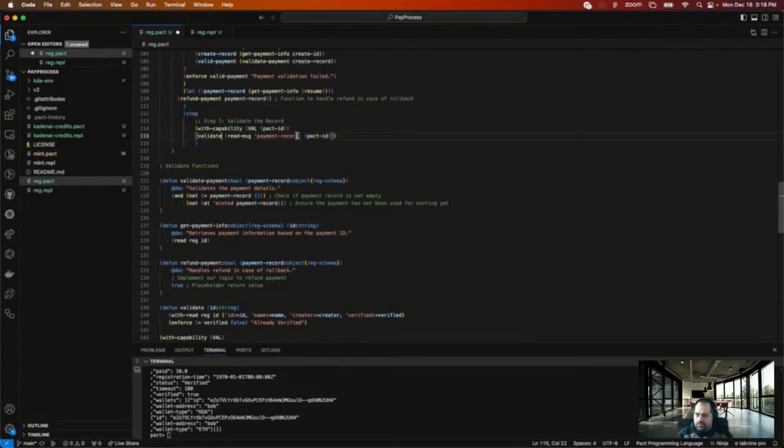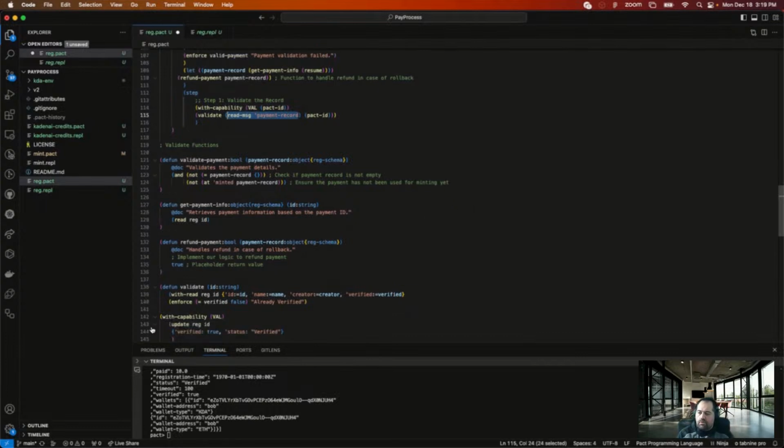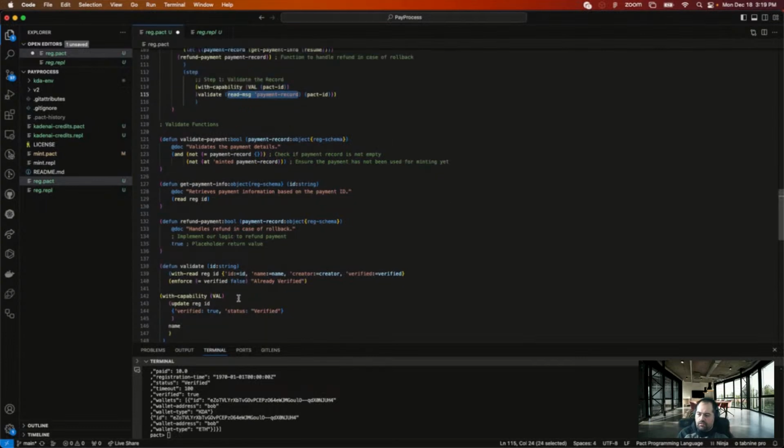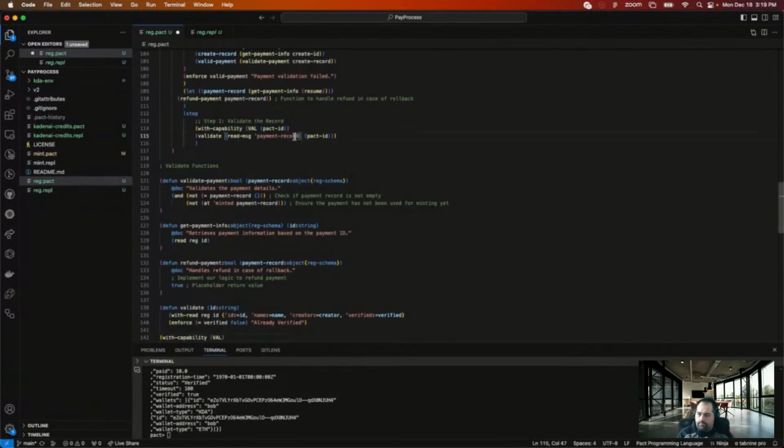So validate's going to take in our transaction ID probably. Enforce, and so this will be require capability.